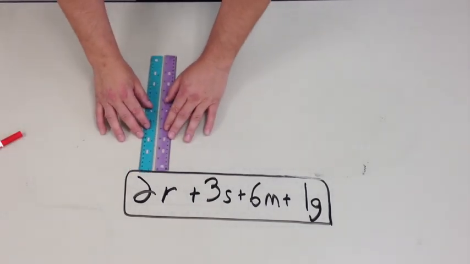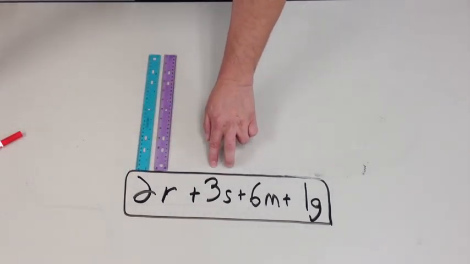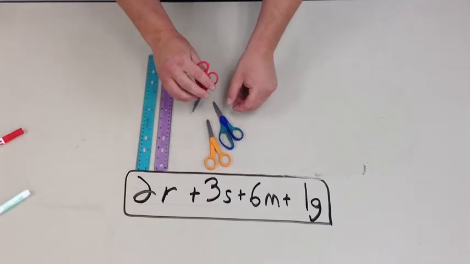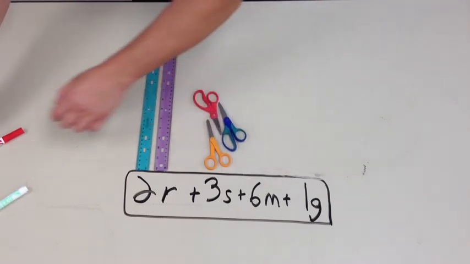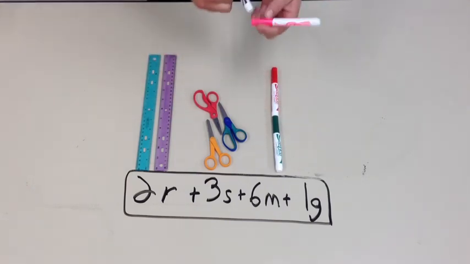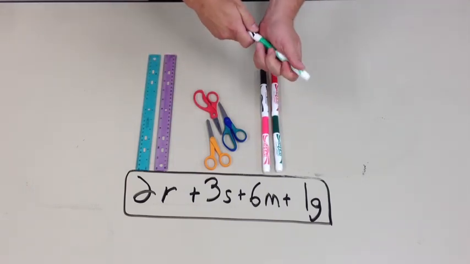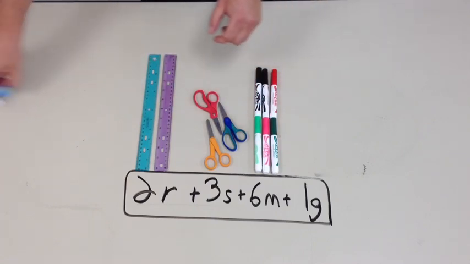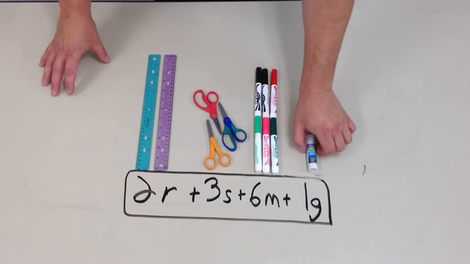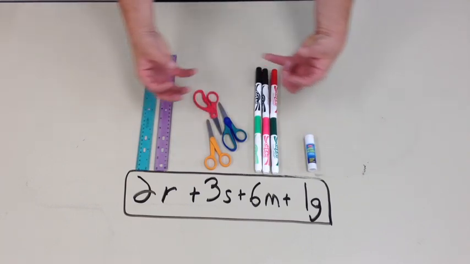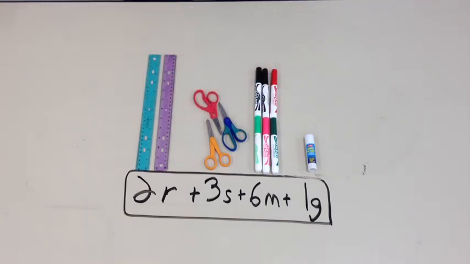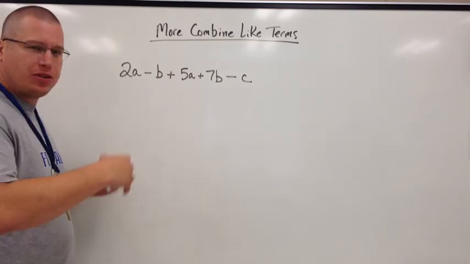I had 2 rulers, 3 scissors, 6 markers, and 1 glue stick. And that's combining like terms. Taking items that are spread out, moving them around, putting them together so that you put the same item with the same item. Let's take a look at 2 more combining like terms just so you get more of an